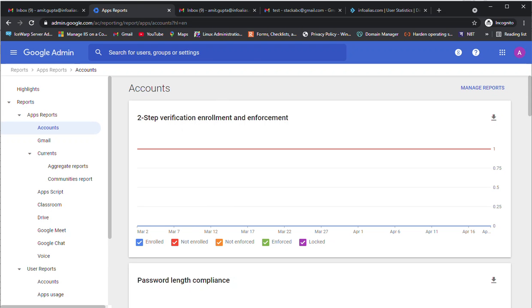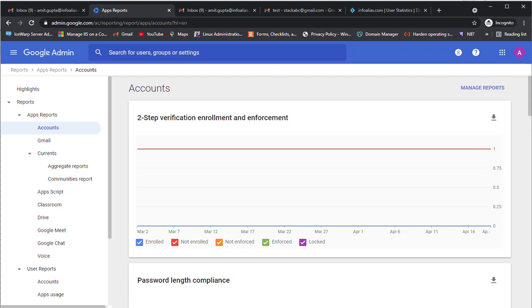Even you can uncheck any part inside the accounts reporting, that is enrolled. Enrolled is the part of two-step verification enrollment, and not enrolled means the users who are not enrolled with the two-step verification.